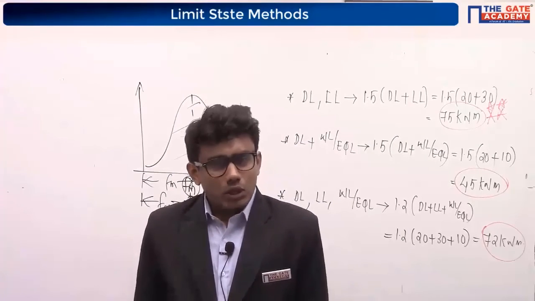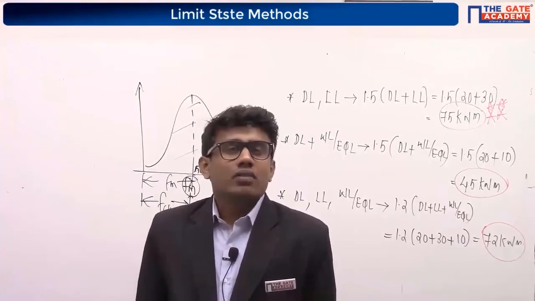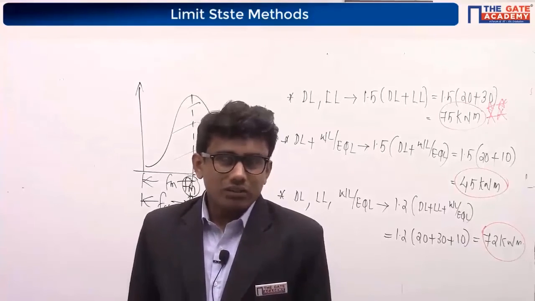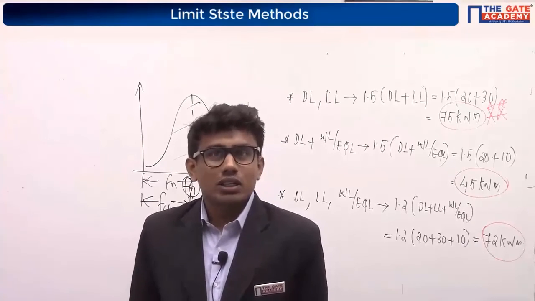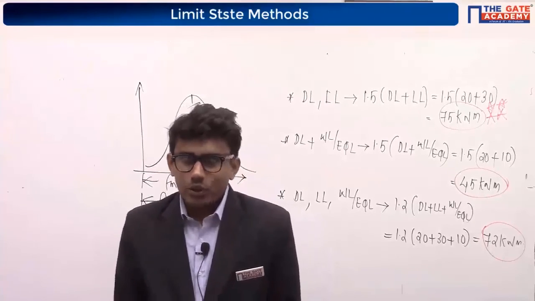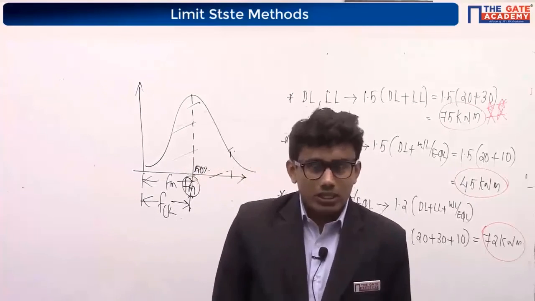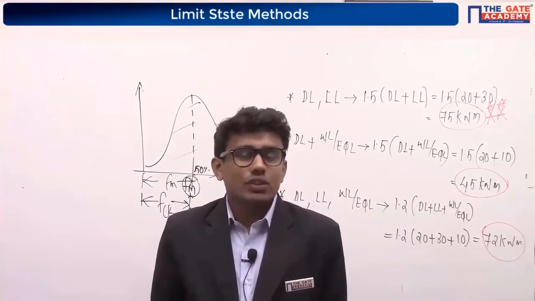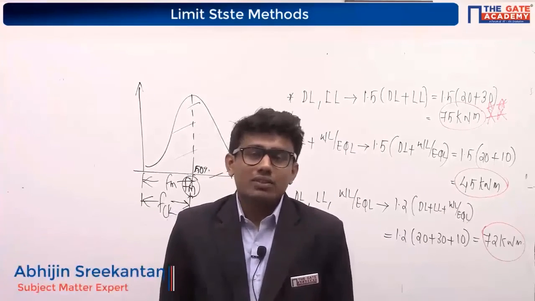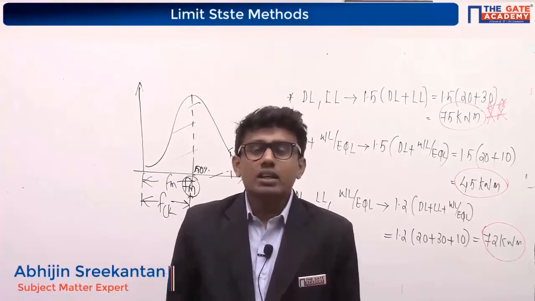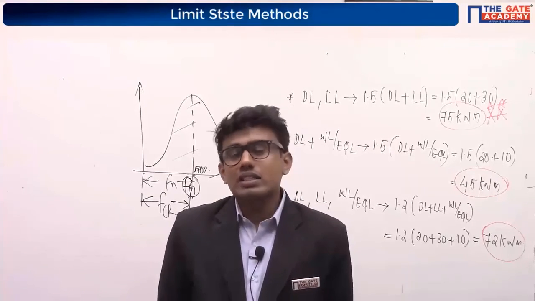In tomorrow's lecture, what I am going to do is I will be discussing about the characteristic strength of the concrete. We will be discussing about the design strength of the concrete. Similar to this, I will be discussing about the partial safety factor for material. Yes, I am doing that. Listen here, I will explain again. In tomorrow's class, I will be discussing about the characteristic strength of concrete, design strength of the concrete, and partial safety factor for materials, that is concrete and steel, for limit state of collapse and limit state of serviceability.